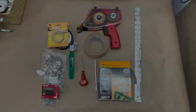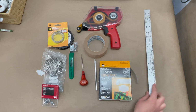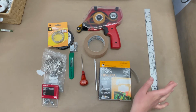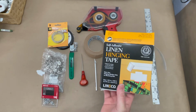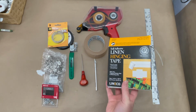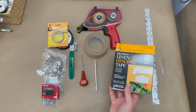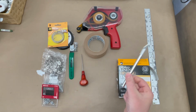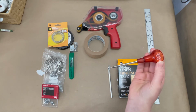I want to show you some of the tools I'm going to be using throughout the process. I'll also put a link to these and where you can purchase them in the article that goes along with this tutorial. First of all, I have a nice metal ruler here that I'm going to use as a straight edge. I have linen hinging tape. This is an acid-free tape that I'm going to use to tack my artwork onto the mat in front of it. An X-acto knife, a framing awl, AWL,